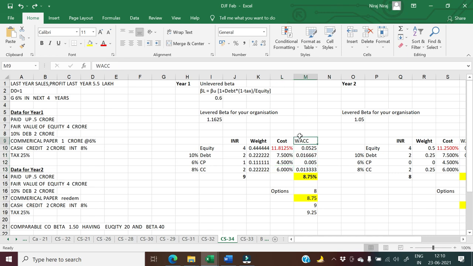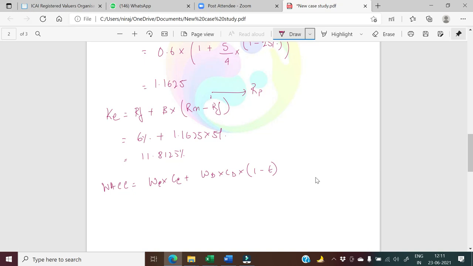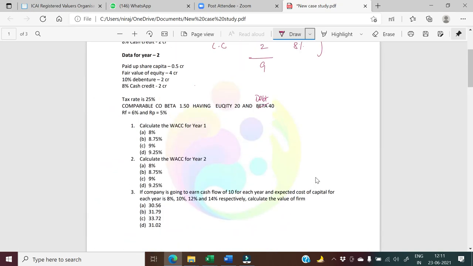In the last column I have calculated WACC. It is nothing but weight of equity multiplied by the cost of equity, and similarly weight of debt multiplied by the various costs of debt. I'm just copy pasting the formula down here and doing a summation of that. The answer that is coming is 8.75. You can see I've done a summation of it. The options given by one of our members who appeared in the examination were these, and my answer is also matching here as 8.75. Okay, so that is the first part. What we needed to solve is WACC of year 1, that is 8.75. So let's mark the answer as 8.75.